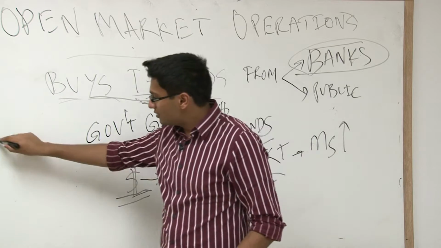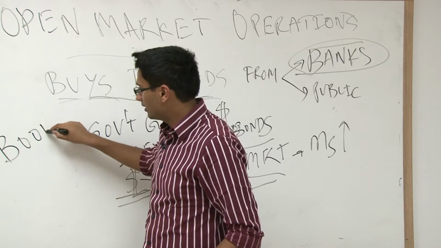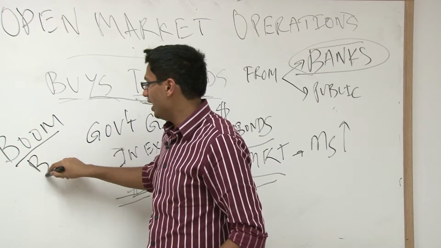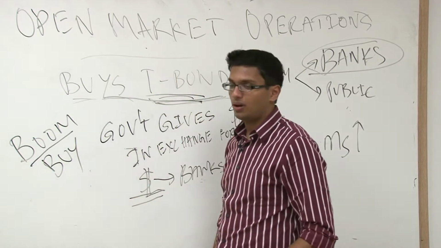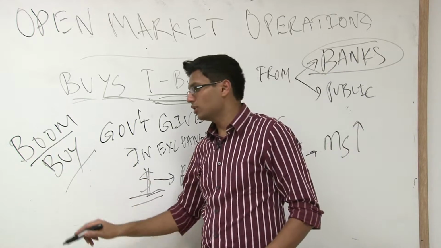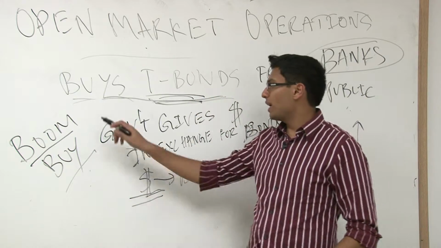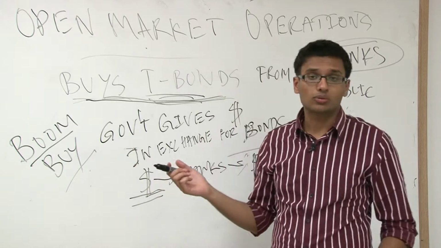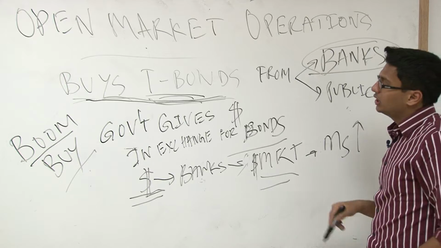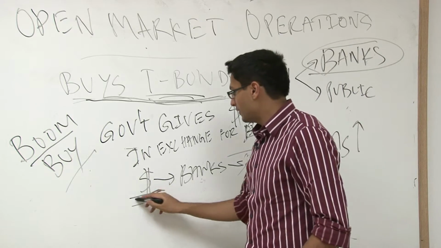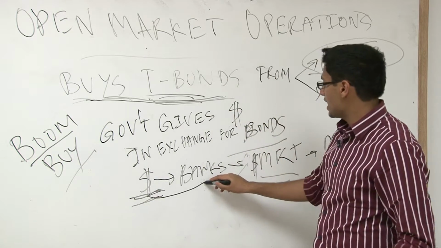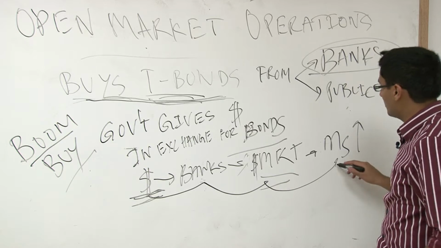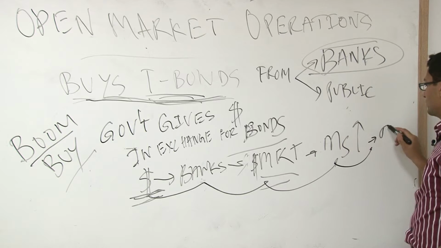But when you want a boom in the economy, you need to buy bonds. When you want a boom, you buy. What do you buy? You buy Treasury-backed bonds. You being the government of the United States or any other government in the world. The U.S. buys bonds and they give cash to the banks. Banks take this cash, put it in the money market, and you see that as the money supply going up, and the money supply eventually fixes up the